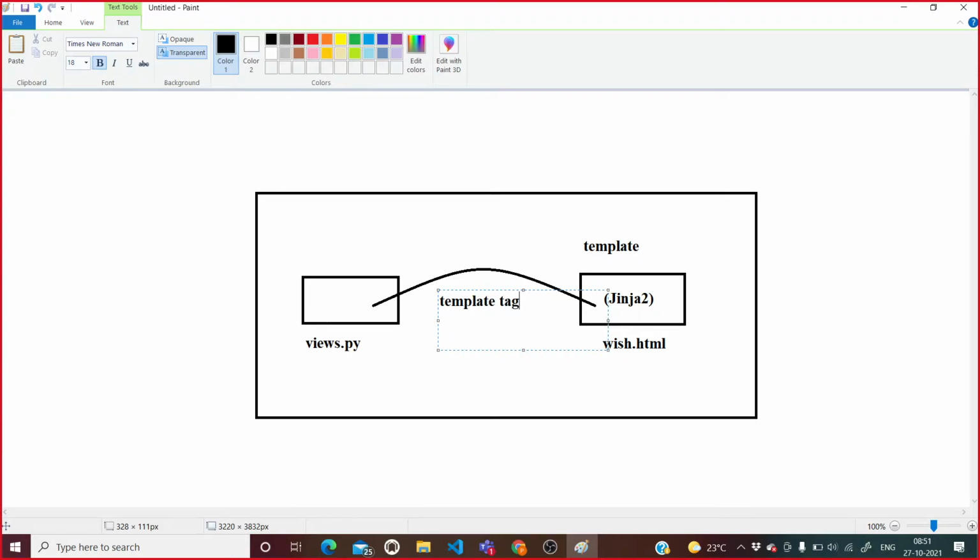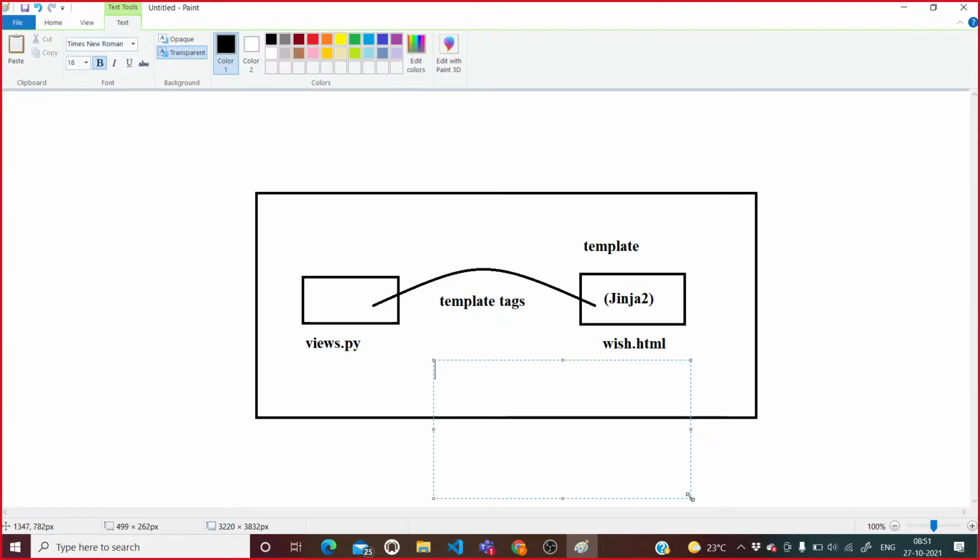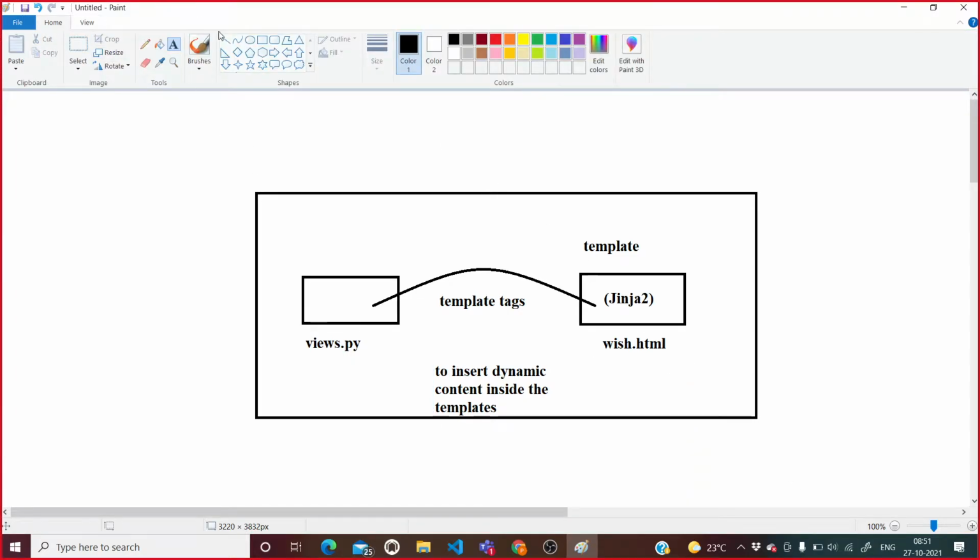Template tags. Okay, template tags. Why are we using this tag? We are using this tag to insert dynamic content inside the template.